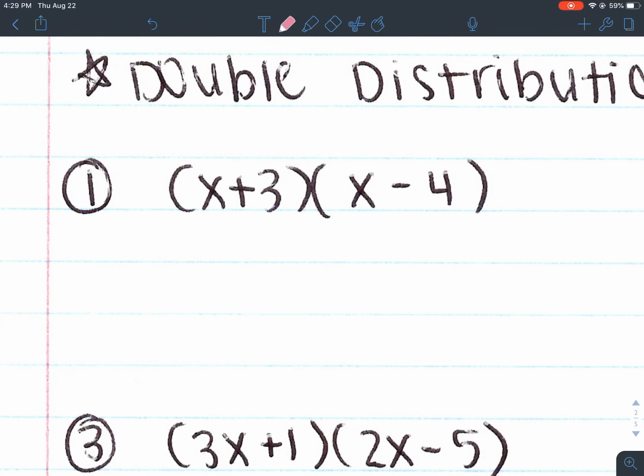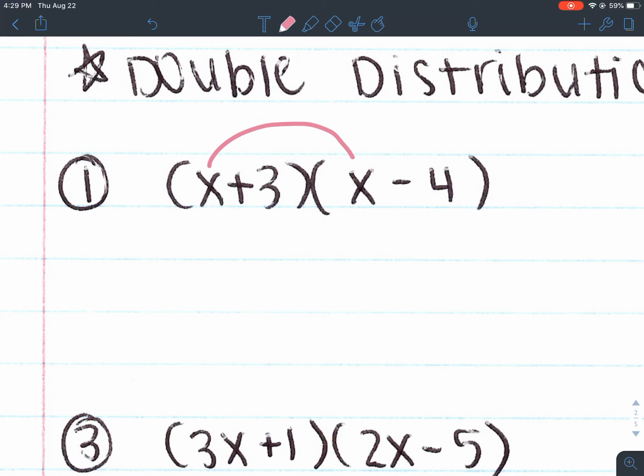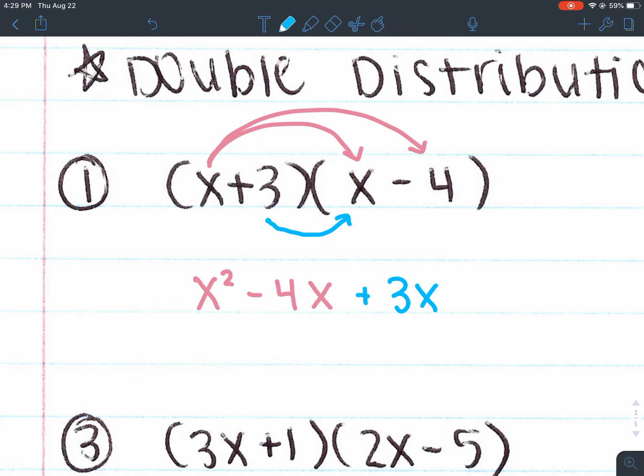So let's begin. X times x squared, or x times x is x squared. And then we have x times negative 4, which is negative 4x. So I've distributed one single term to 2 terms in the other one. And remember, you distribute to however many there are in those parentheses. Next, I'm going to have 3, because I'm done distributing the x. I have 3 times x, which is going to be positive 3x,